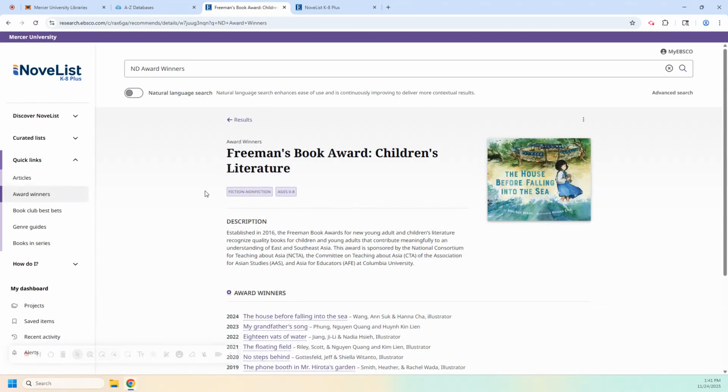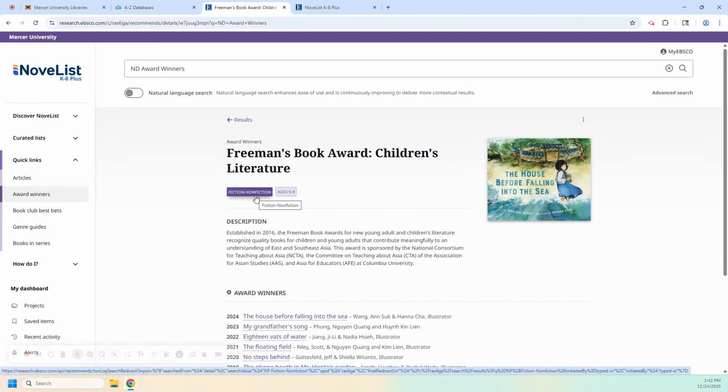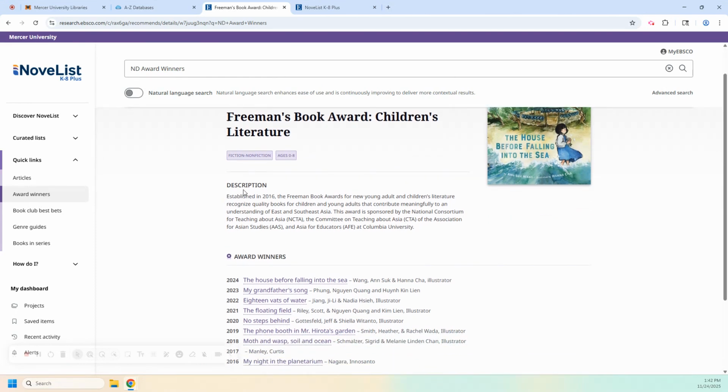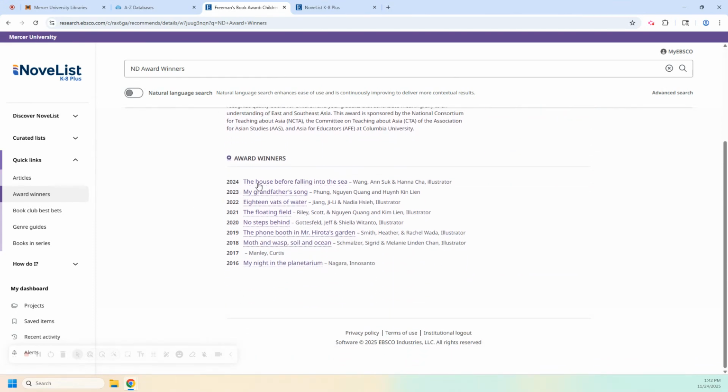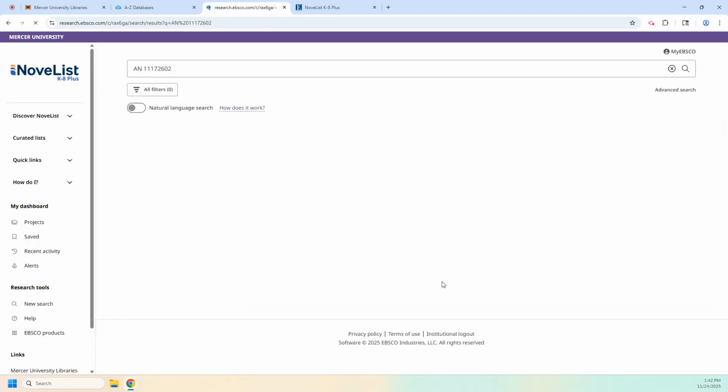Similar to the curated list, it's going to tell you the age group that it's suggested for. It's going to let you know there's both fiction and nonfiction in this list. It's going to give you a description of the award and then the titles that have won by year. You can also click on the title